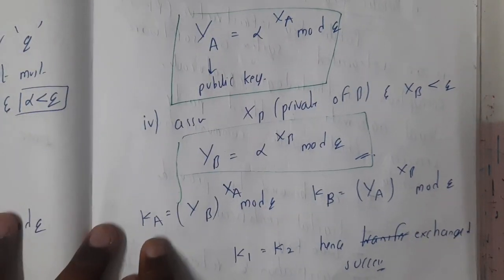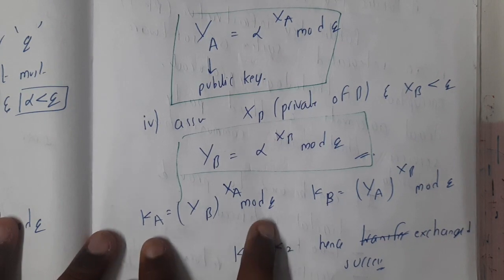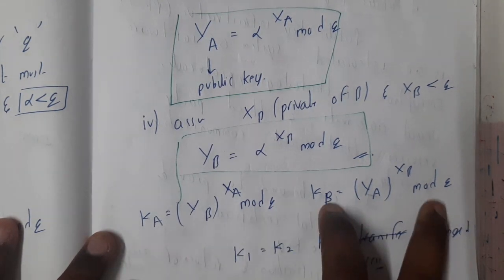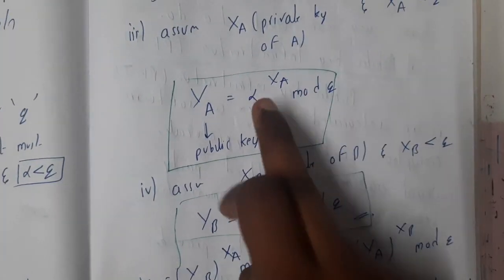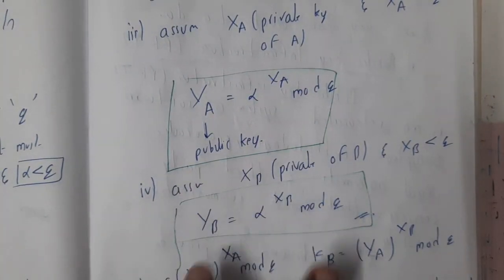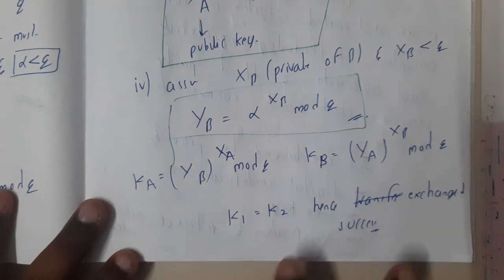At the end you start the algorithm. Here we do the first part and here the second part. If we get the same result from both, then the exchange has been done successfully, else the exchange has failed. So that is the process.